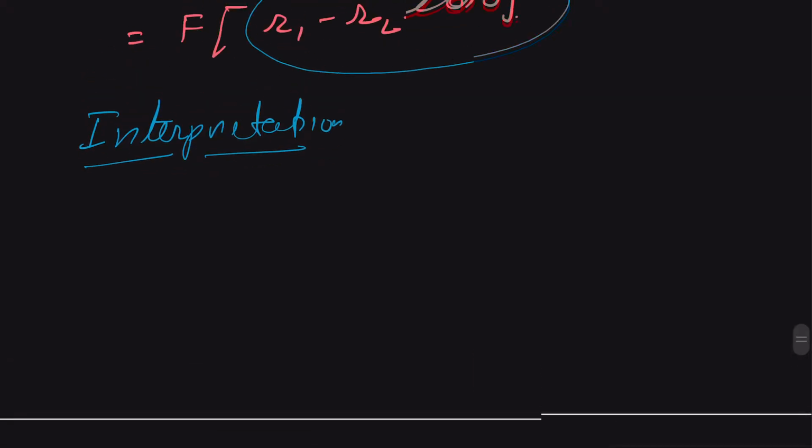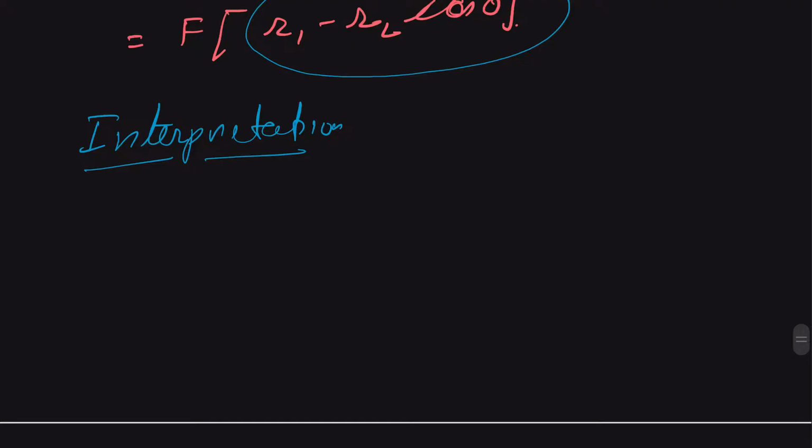We have that if r1 minus r2 cos of theta is greater than 0, therefore we can say that our torque is positive because r1 will be greater than r2 cos of theta. And under this condition, we can say that our yo-yo,